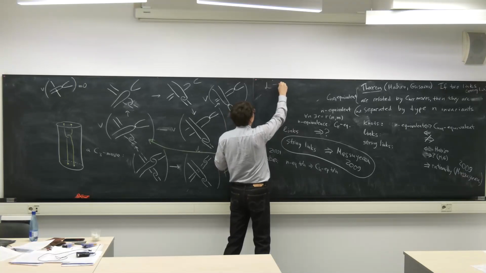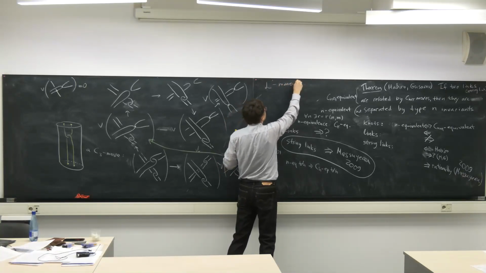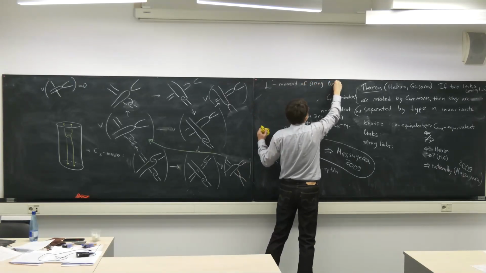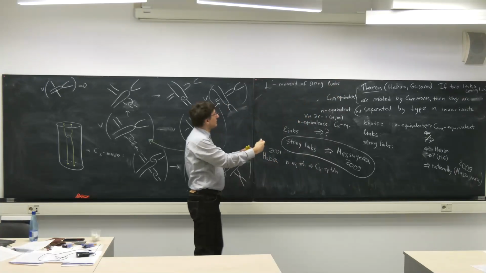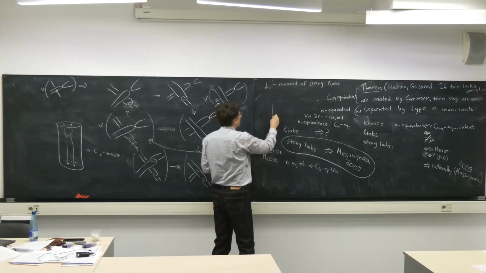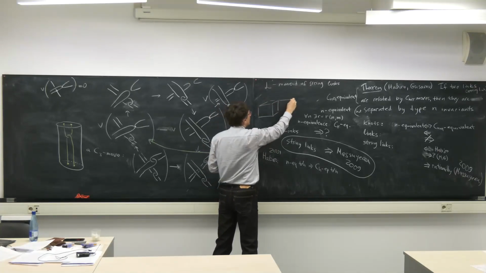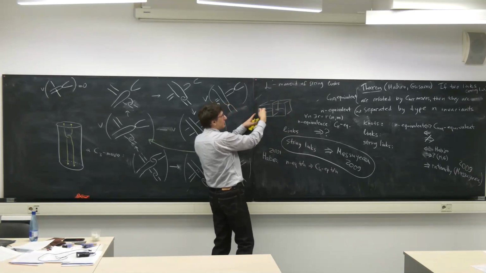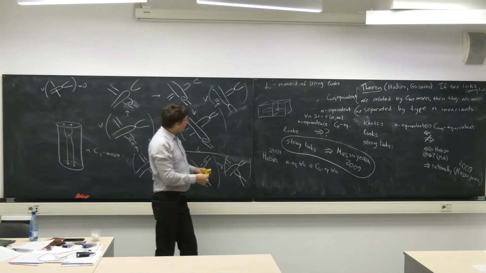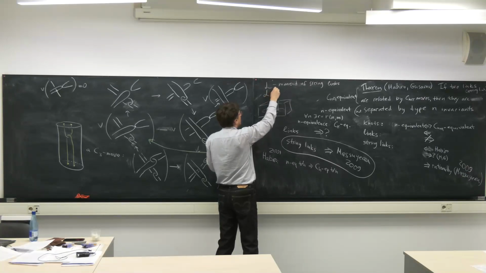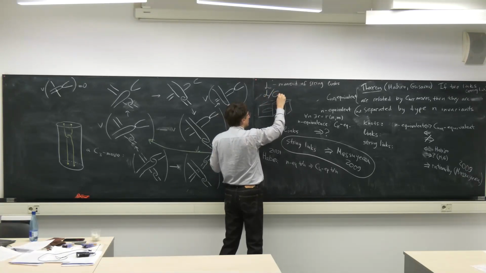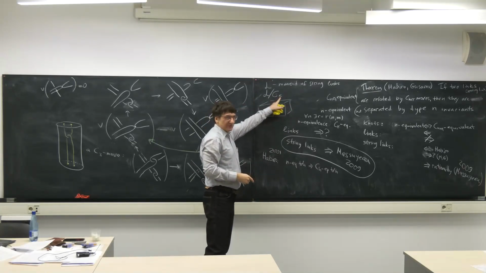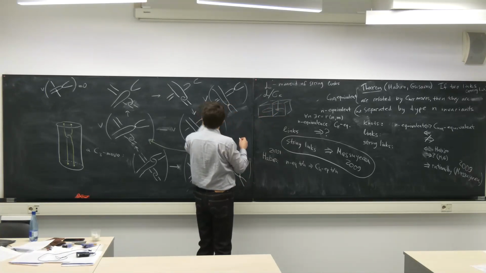So let L be the monoid of string links. Under the obvious connected sum, you just draw the two cubes. Here you have one string link and here another, and you just take the connected sum. Then you can consider the quotient L modulo CK. So this is CK equivalence, and you can consider it as a subset